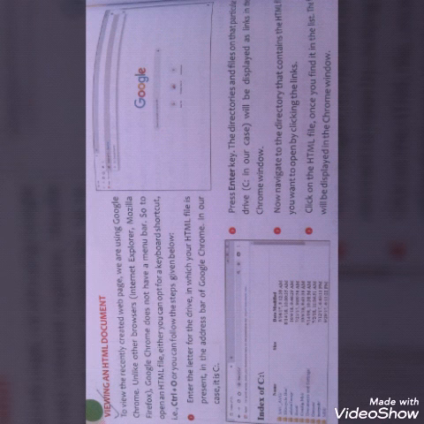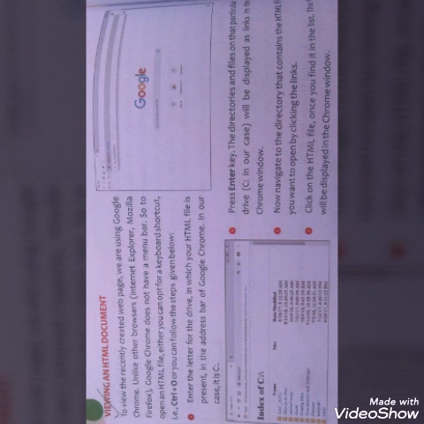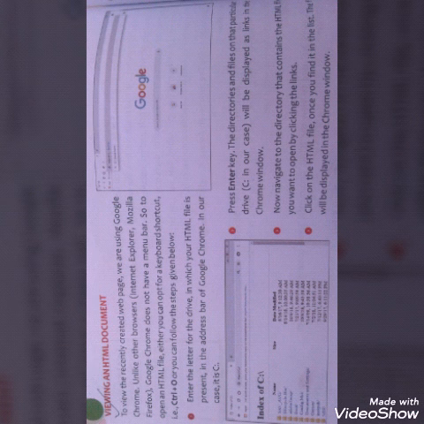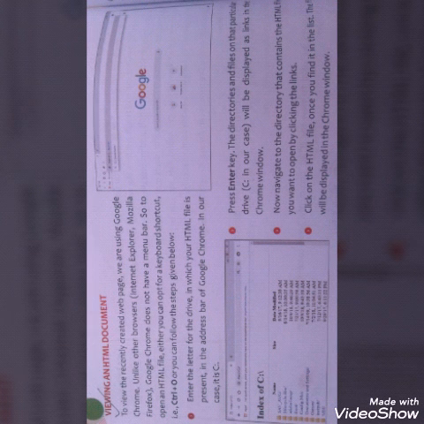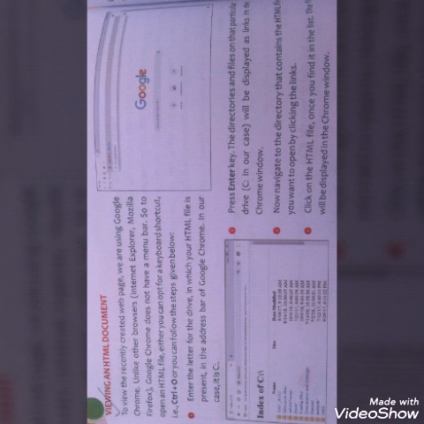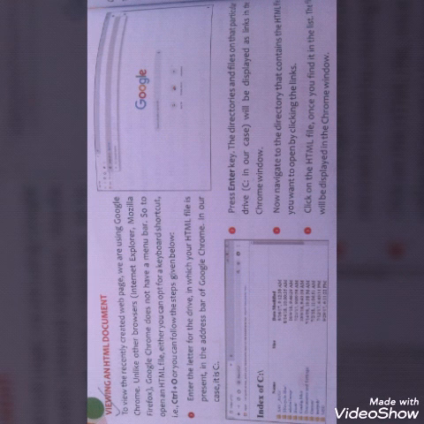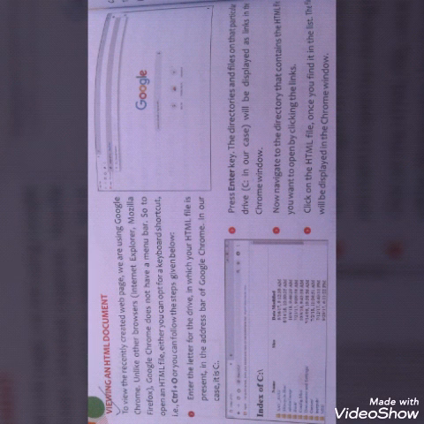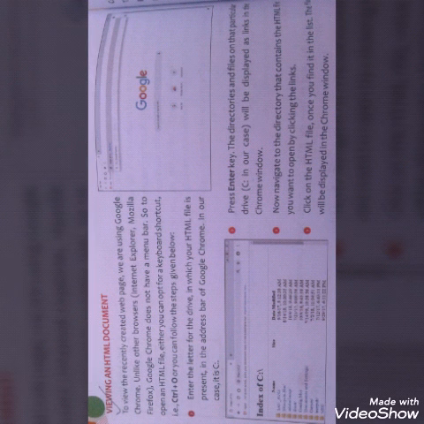Whenever you press the Ctrl and O keys, the Open dialog box will appear, and now you can select your desired HTML document from the list and click on the Open button. Whenever you click on the Open button, now the document